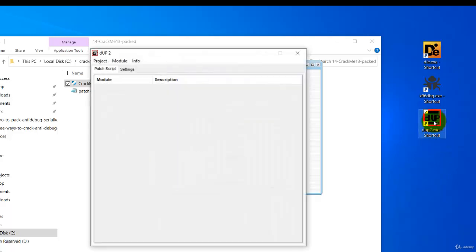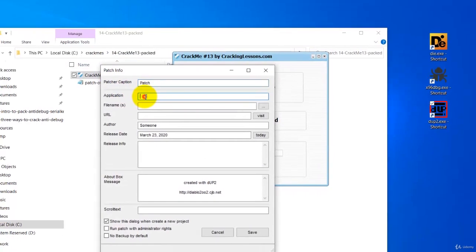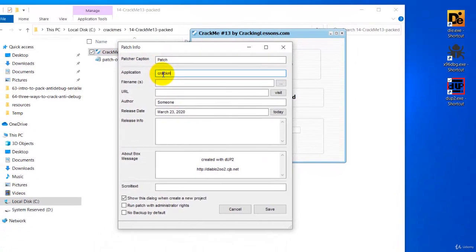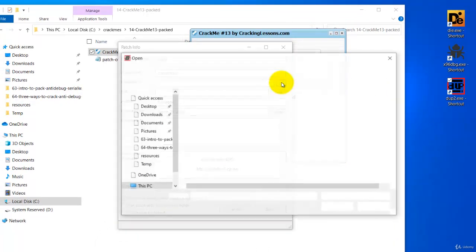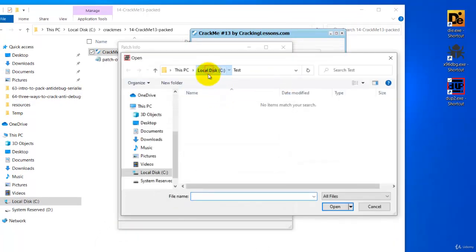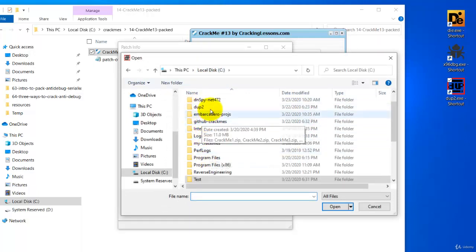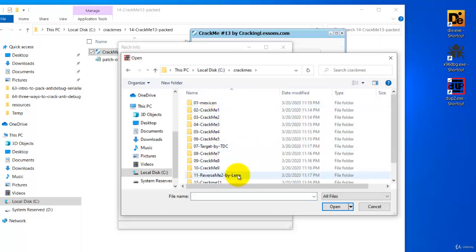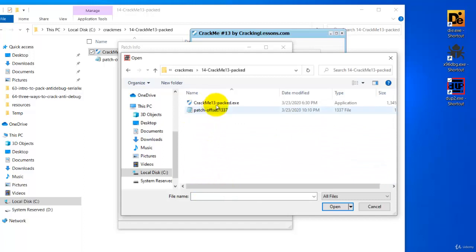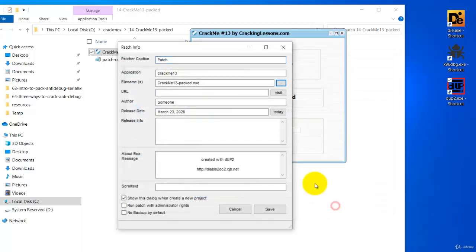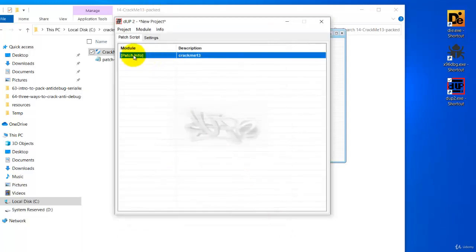So double click dUP2, create a new project, click on project new, and give a name here, CrackMe13, and here select the file, go to your CrackMe, select the file itself, and then over here just leave everything as it is, click save,